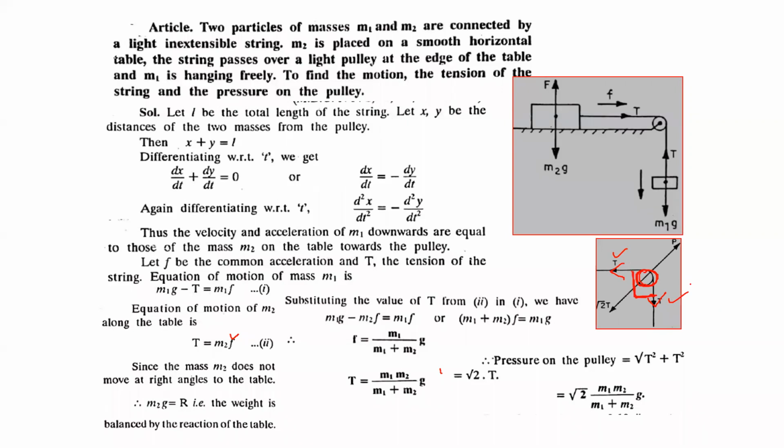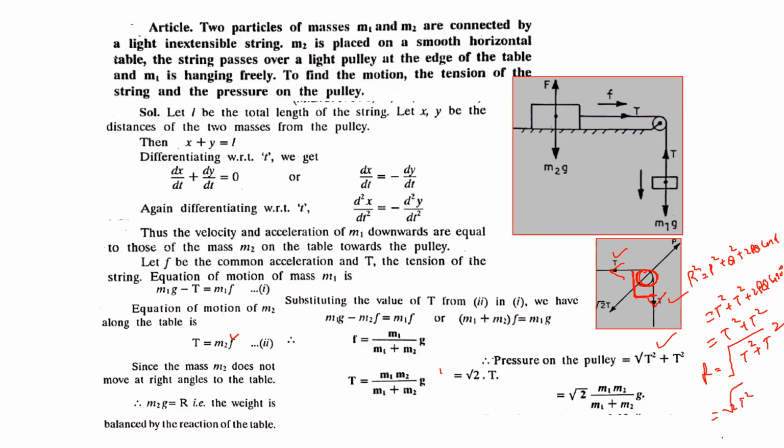Both of these forces are perpendicular to each other, and the formula to calculate the resultant is root of P square plus Q square plus 2PQ cos alpha, and alpha is 90. Both of the forces are equal, so 2PQ cos 90, and cos 90 will become 0. It will be P square plus T square, so R will be equal to under root T square plus T square, this one, so that means it is